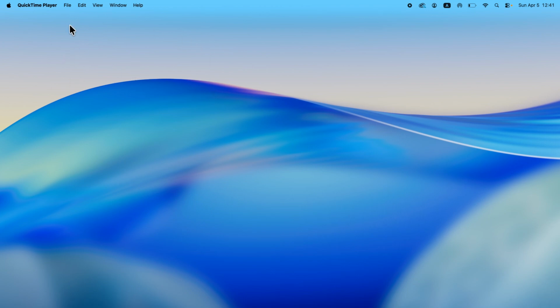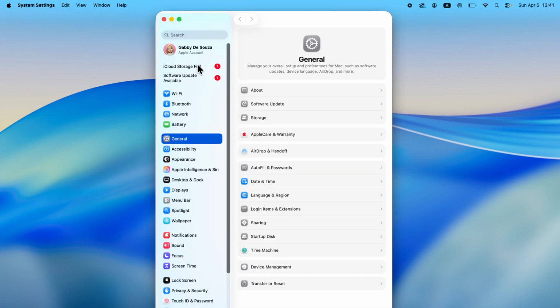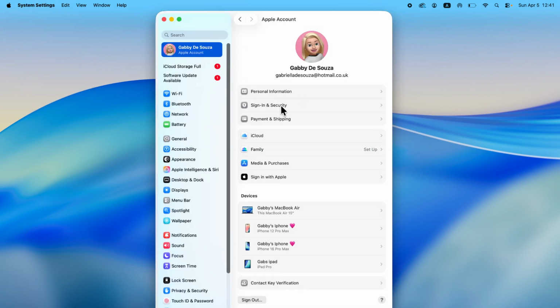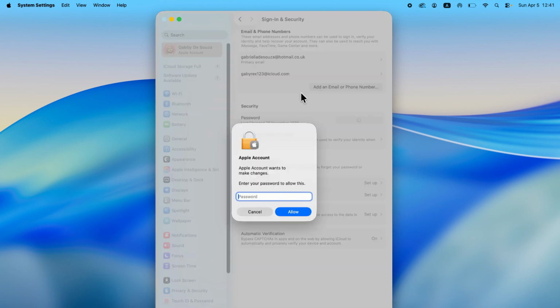Now, first thing you'll need to do is go and click on the Apple logo in the top left-hand side of the screen, and then just press System Settings. Now click on your profile name at the very top of this window, and then select Sign In and Security. Now select Change Password, and the first thing you'll need to do is go and enter your current Apple account